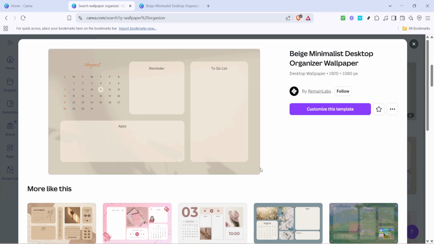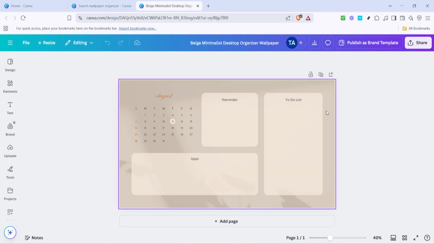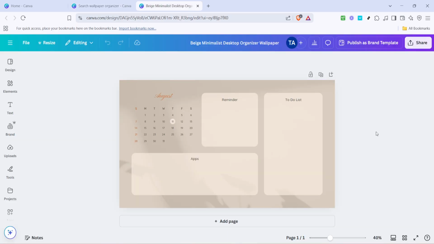Once you've made your choice, look for the Customize this template button, usually located around the template preview. Click on that and you'll be taken into Canva's intuitive design interface. Now the fun begins. Within Canva's editor, you have the option to modify the template to better suit your personality